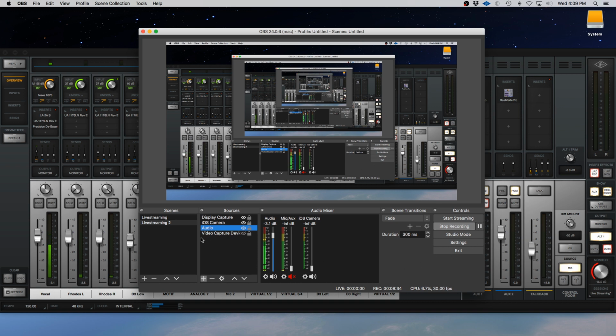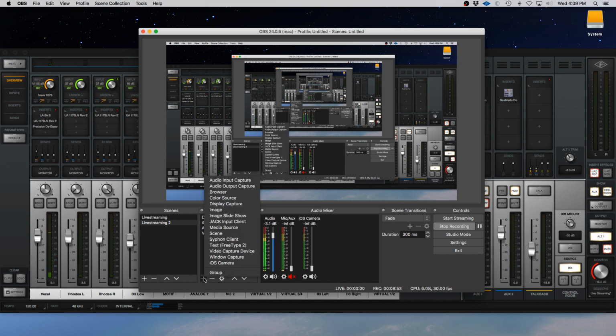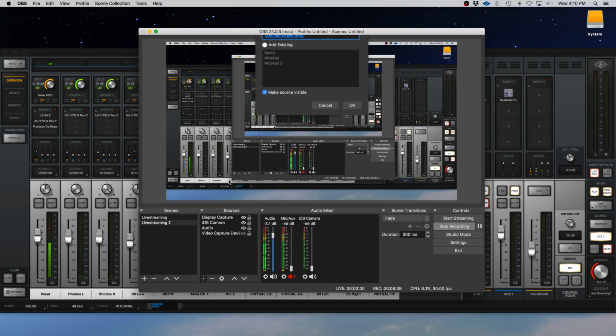Okay? Now, under sources, you're not going to have anything, right? You might have a mic aux by default. But what you do to add a source, you click this plus sign. And I'm going to add audio input capture. Now the audio is going to kind of start doubling right now and get a little weird because it's going to kind of double what we're doing, but it won't be like that forever. So audio input capture, create new,